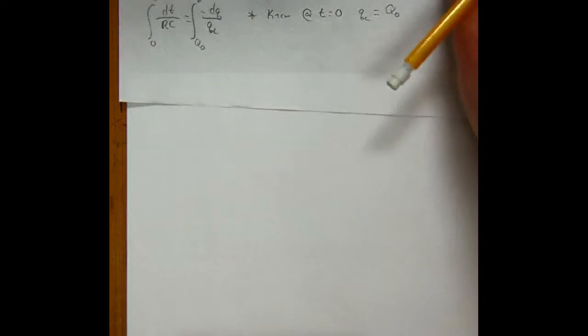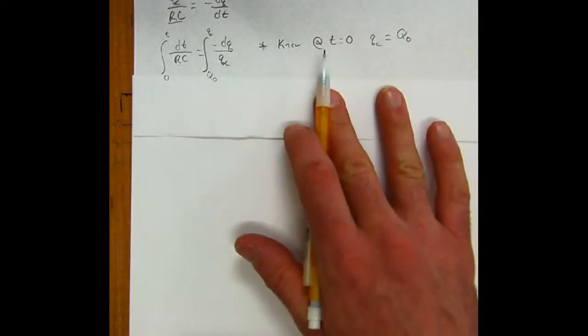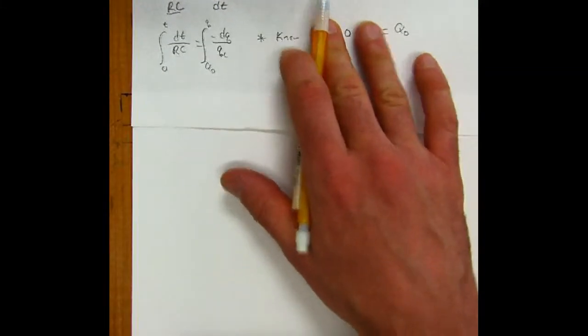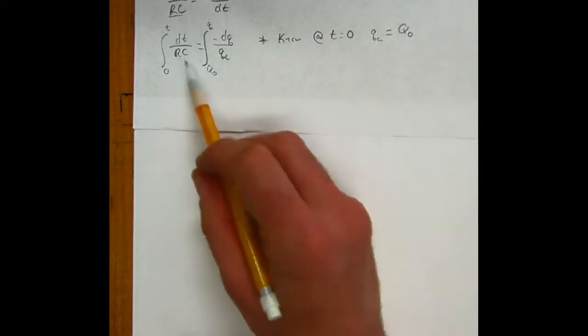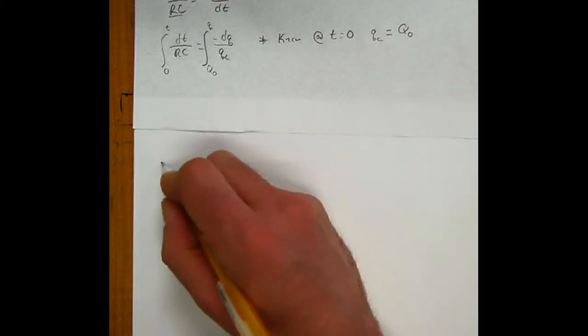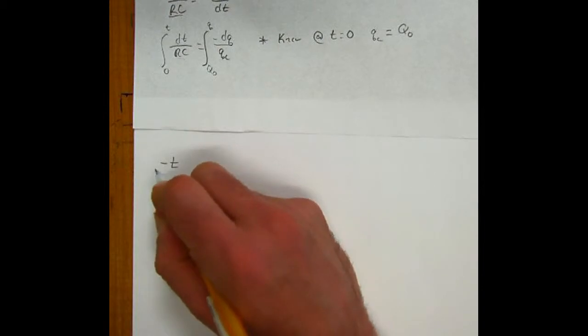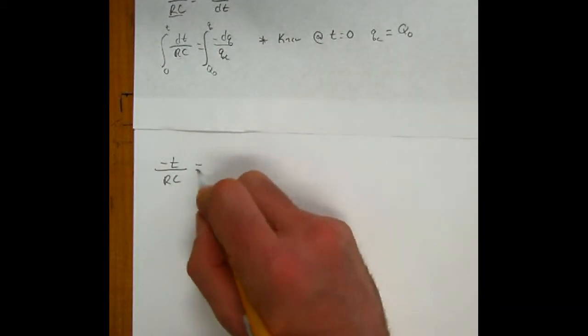Find some more room here. So I know q changes with time, and now I have just some straightforward antiderivatives or integration, where when I take the integral of dt over RC from 0 to t, that should be easy. I'm just going to get negative t over my constant RC. And that's going to be equal